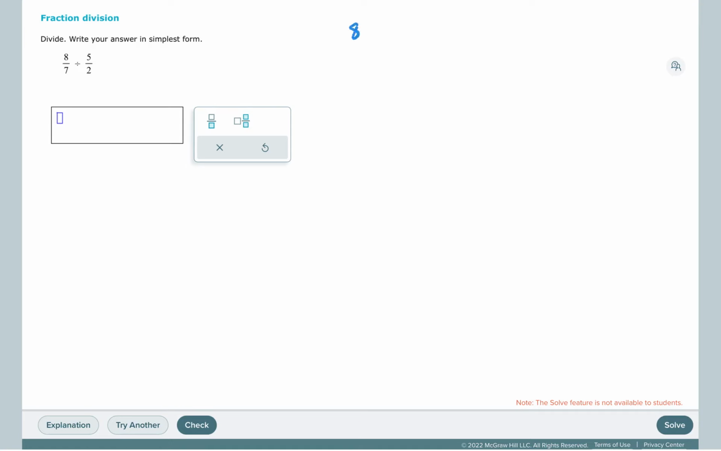So this topic is fraction division. So we have 8/7 divided by 5/2. And for this first problem, I'm going to show you how fraction division works. So we're going to make 8/7 divided by 5/2 be an actual big fraction, because really fractions are just division